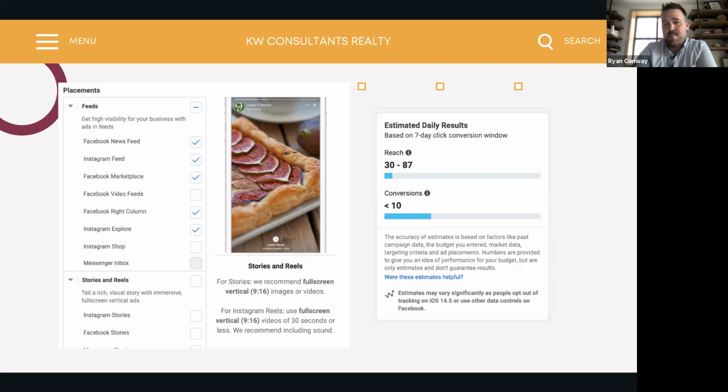So you can play around with that. And as you said before, you're going to have some diminishing returns. If you go way too high, it's not going to return at the rate you want. Generally, to advertise a property, it can be anywhere from $1 a day to $20 a day, and you can generate a lot of leads from that.